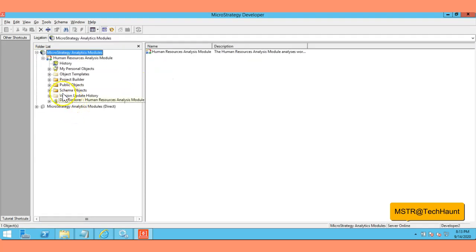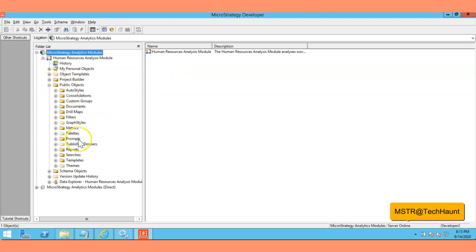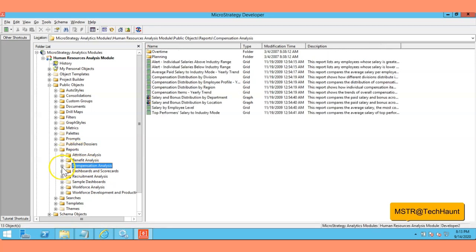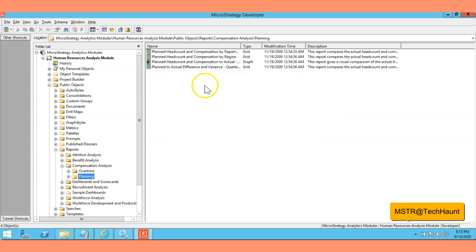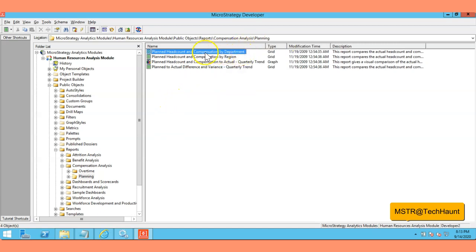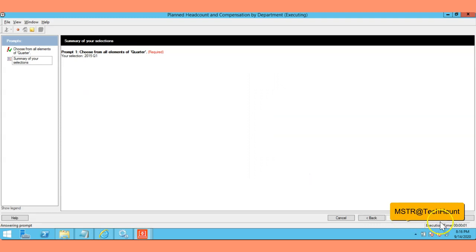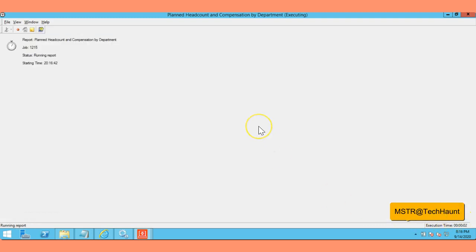And then I'm going to execute the exact same report with this user now. Under reports, we go to compensation analysis, planning, and I'm going to run this report again. You can see we executed it last time, and then just select the same filter again, and I'm just going to hit next and finish.